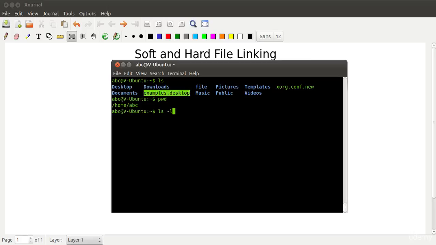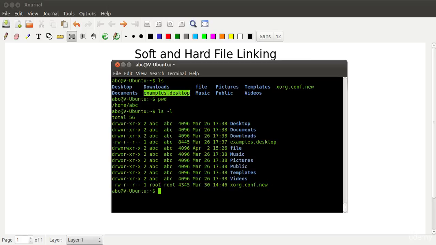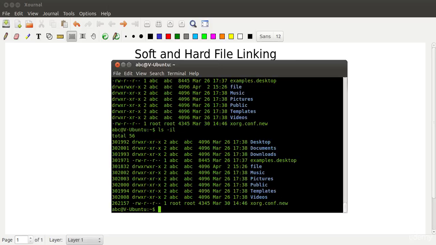If I do ls -l, it gives us the long listing of the files, but if I do ls -il, then the i stands for inode information for directories as well as files. So I see that the example.desktop file has an inode number which is